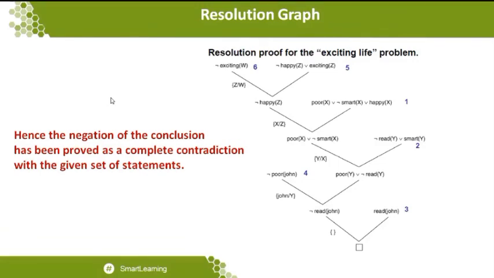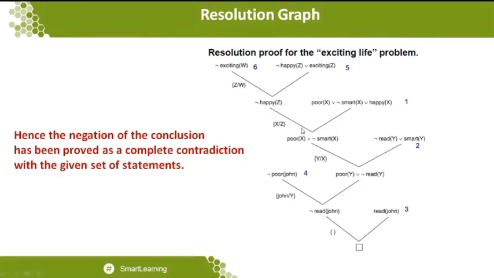So what I want to do is substitute Z in the place of the statement that we actually want to take. So that statement will be cancelled, and we will get an appy of Z. You can see that exciting of Z is substituted by Z, as well as the not of exciting of Z. These two statements will be cancelled because we have a not statement here and this is a normal statement. Followed by that, we get a not of appy of Z.